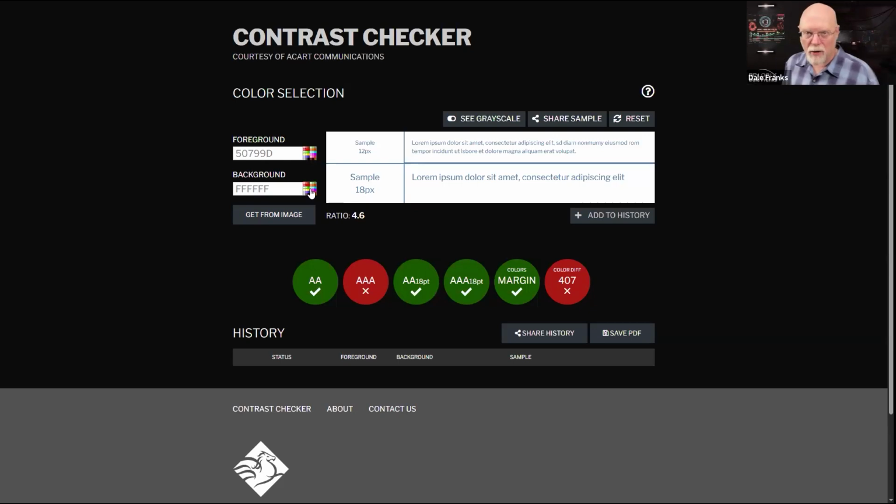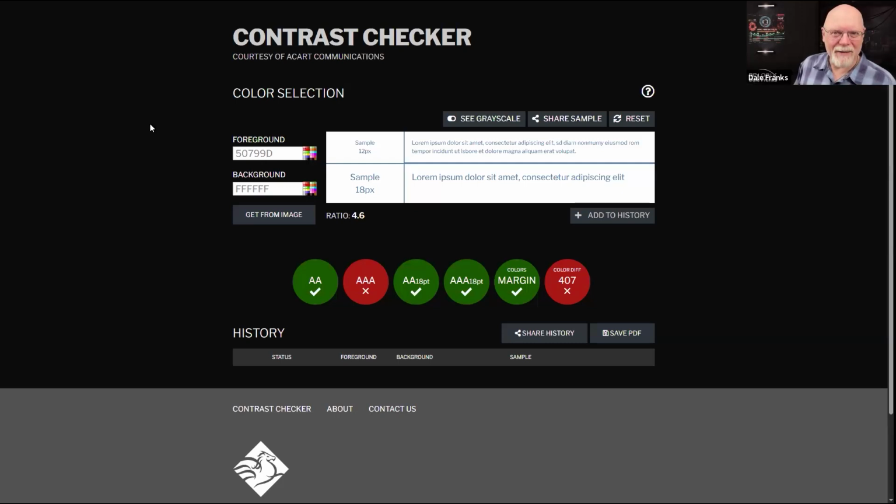This is also great if you're using buttons, because as we'll talk about a little bit later, the foreground color of button icons and text also has to meet that ratio of 4.5 to 1 with the background color of the button. So I find this contrast checker really useful, albeit in the real world rather limiting when it comes to picking the colors that I have to use for accessibility rather than the colors I might want to use